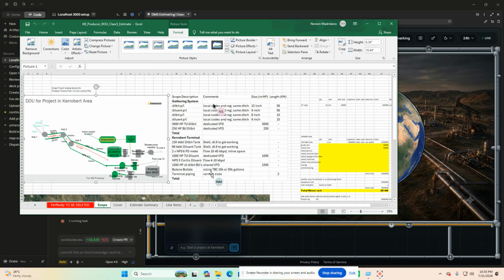Actually, see this? It says this is a 12-inch pipeline and this is a 4-inch pipeline. It says right here, same ditch. So you do the digging and then you install the pipes, 2 pipes side by side, maybe 3 feet apart, or maybe 5 feet. The routing, Tito Noel, is the same. Well, it could be, but in this particular case, I think it is, except maybe towards the end, one goes left, one goes right, or something like that.